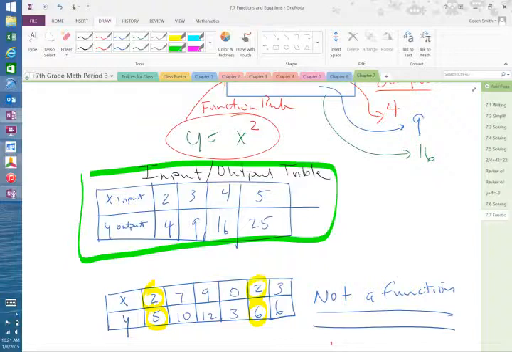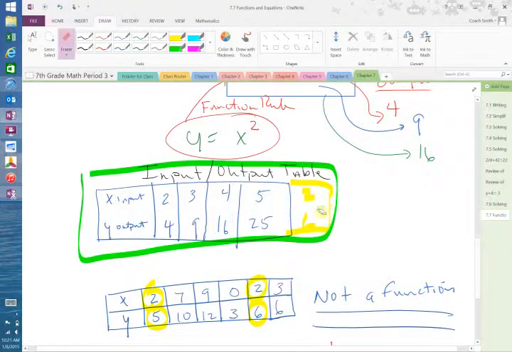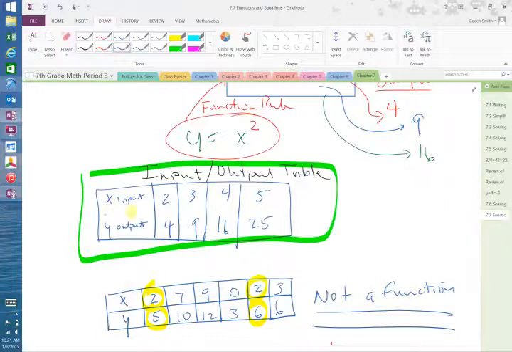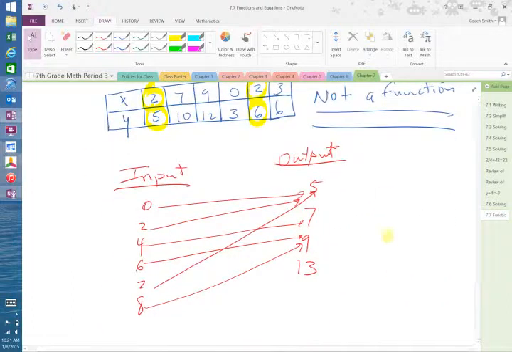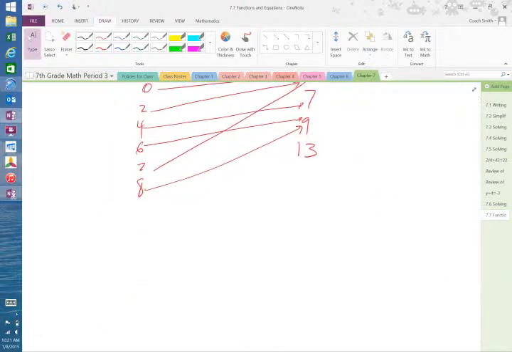Now, if they put in another here and said 2 and that's 6, then obviously, okay, well, that's not a function. But they didn't, and so therefore we have to assume that it is a function. Okay? All right, now, let's talk about